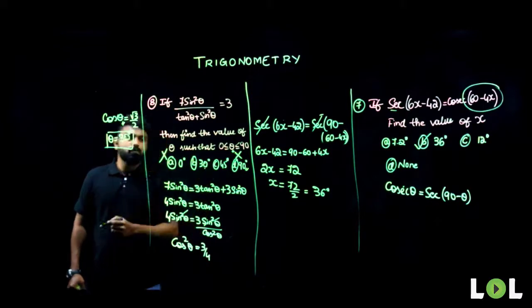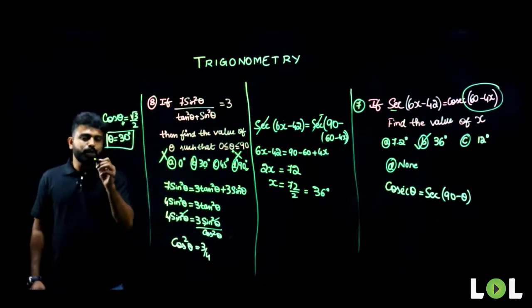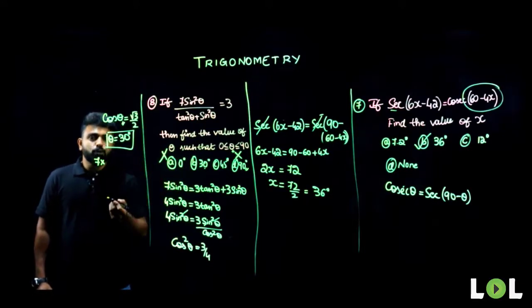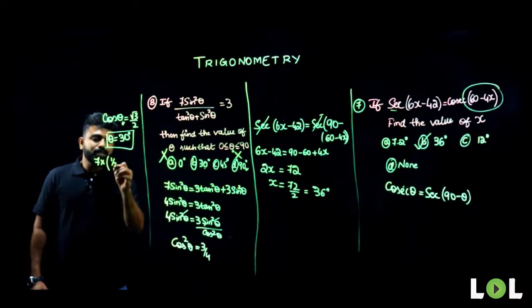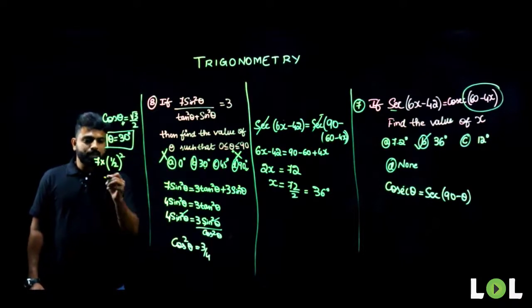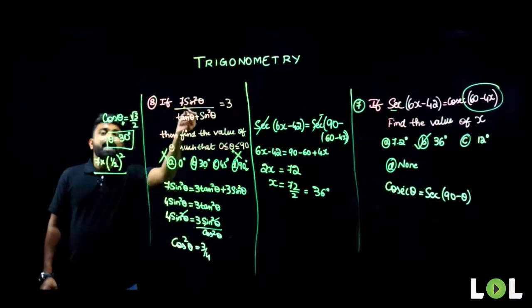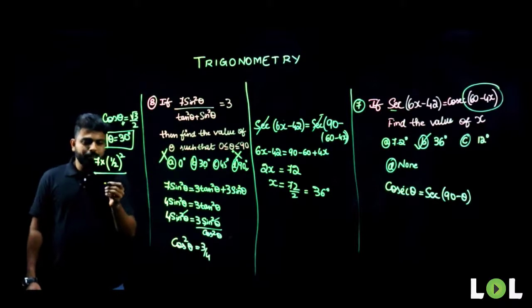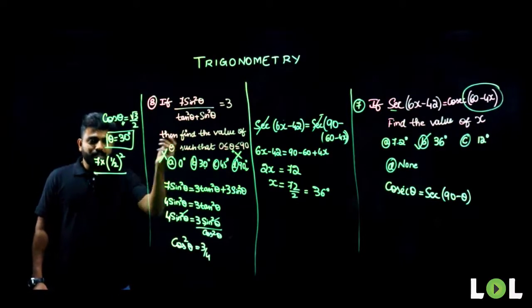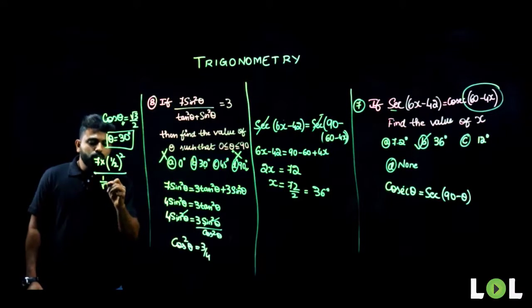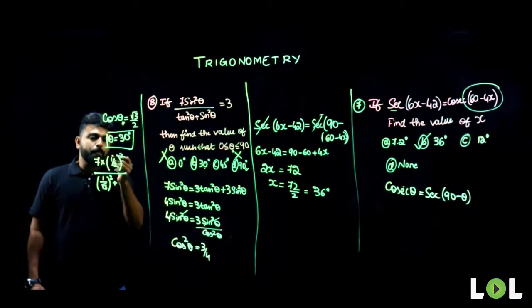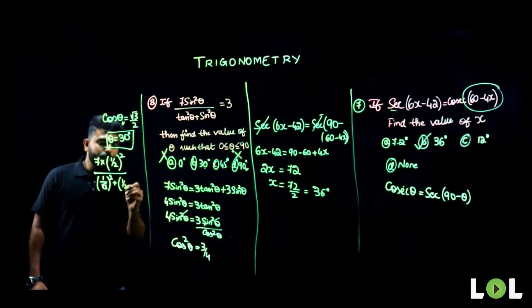So let me quickly substitute for 30 degrees. What will be the value of 7 sine square theta? 7 into, what is sine 30 degrees? It will be 1 by 2. Since it is square, this can be written as 1 by 2 the whole square, divided by, what do we have? Tan square theta. So what is the value of theta here? The value of theta will be nothing but 30 degrees. So tan square theta will be 1 by root 3 the whole square, plus, what will be the value of sine square theta? You know that it is 1 by 2 the whole square.